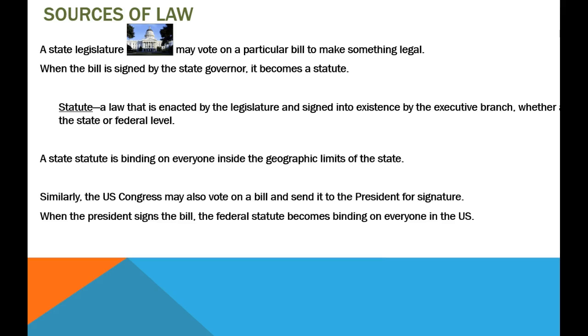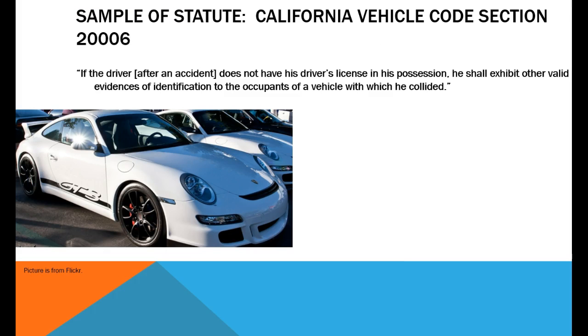Another great example of this would be the vehicle code. The vehicle code has a section that talks about rear-ending another vehicle, and it says that whoever rear-ends somebody else is 100% at fault. And it usually does not matter why somebody rear-ended another. Okay, this is just another example of a statute, and you can read it and interpret it yourself.